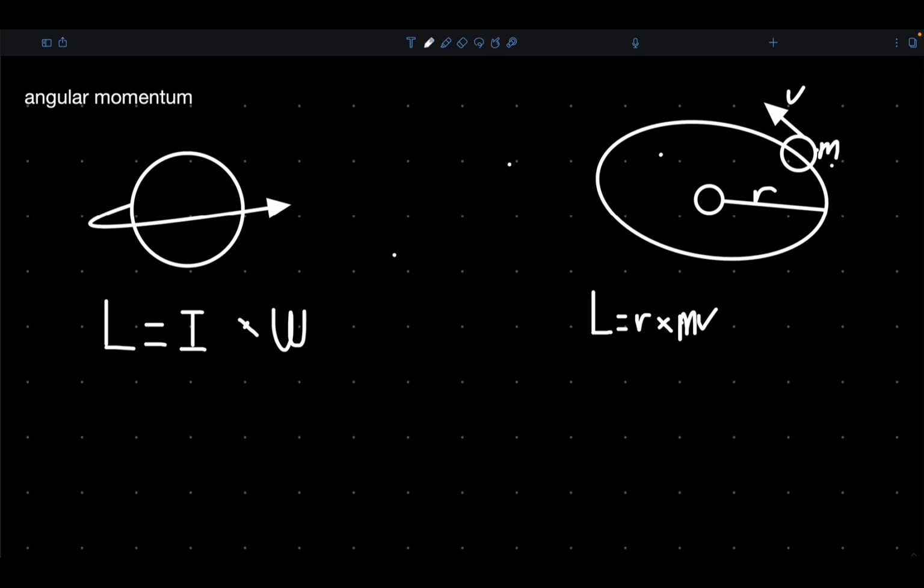In physics, angular momentum is the rotational analog of linear momentum. It's an important physical quantity because it's a conserved quantity. The total angular momentum of a closed system remains constant. Angular momentum has both direction and magnitude, which makes it a vector quantity, and both of which are